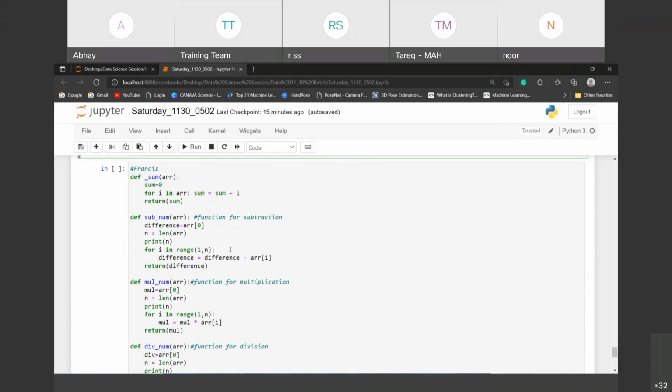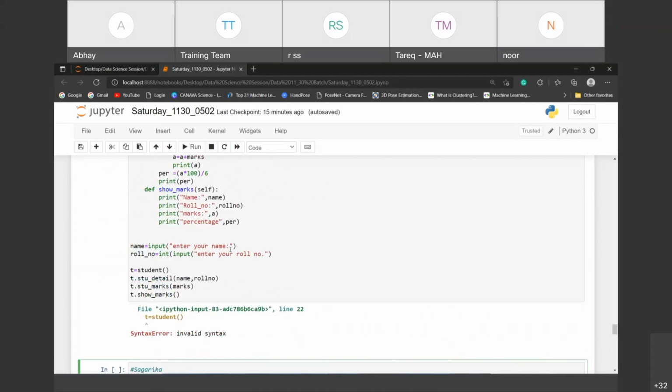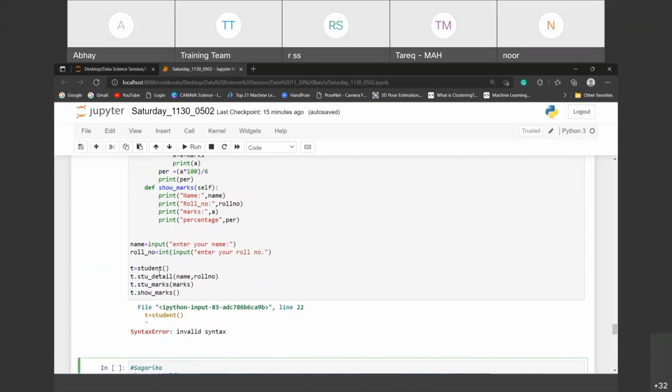We'll check the errors as well. The errors are simple, but see here, the structure is the same, but still it is giving us a syntax error. Why, right? So I will check that one also, and we'll discuss tomorrow as well.